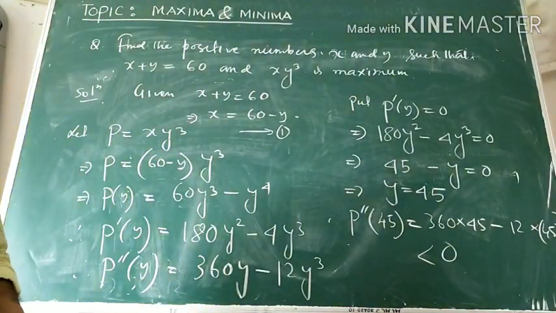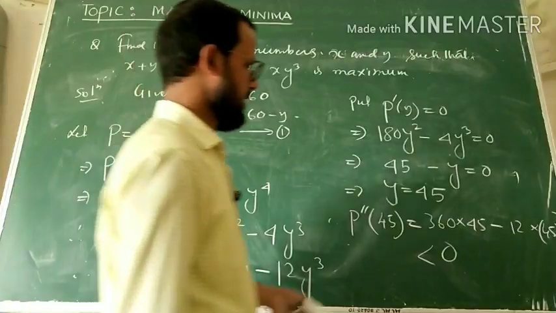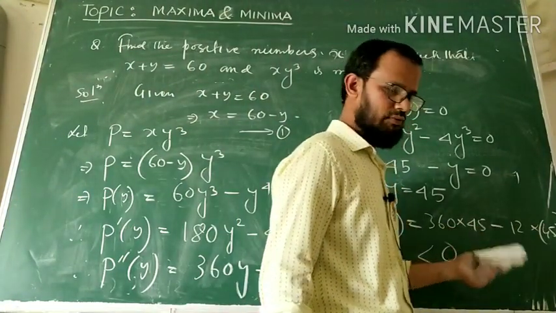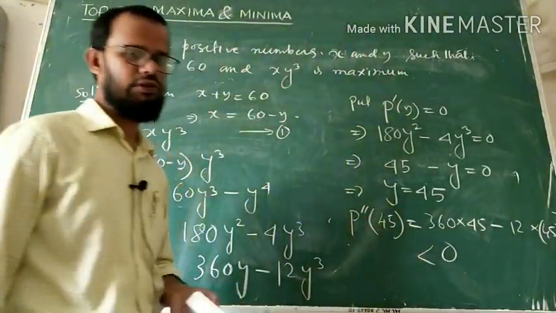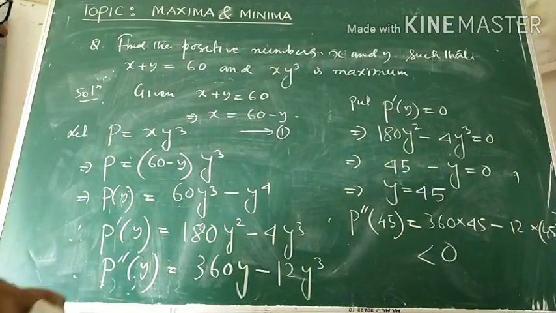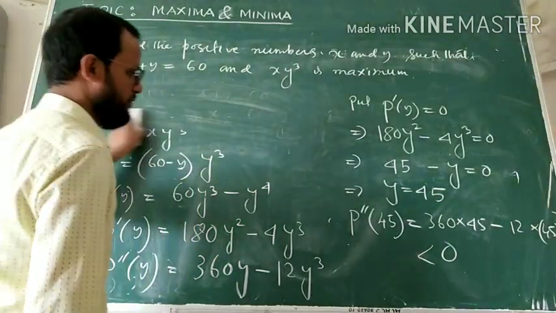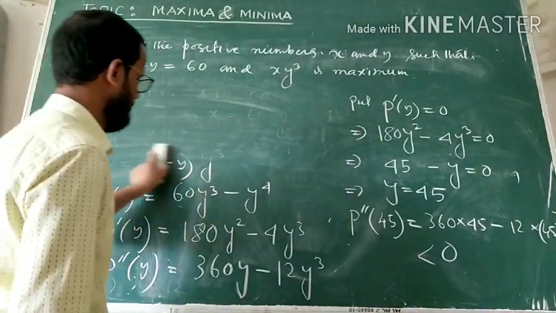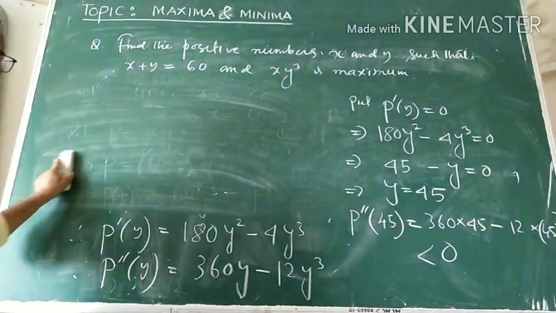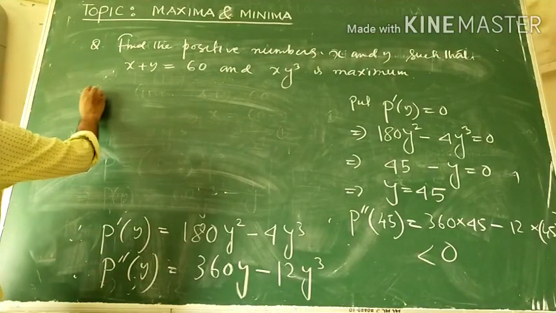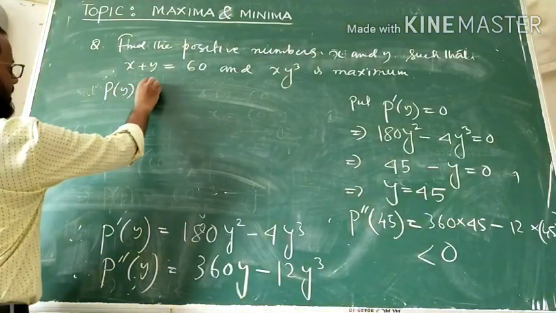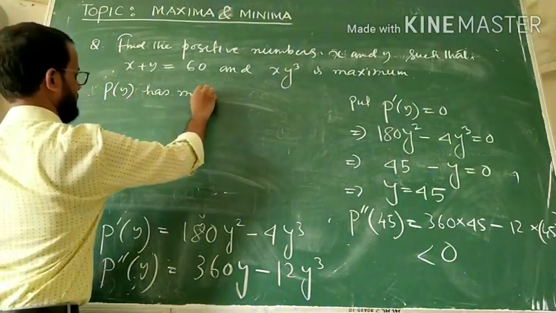You have to write less than 0. और आप 45 कॉमन ले सकते हो. 45 को कॉमन लिया करो और फिर कैलकुलेशन करो. ठीक है. So finally, y equal to 45 is a point of maxima. Or you can say that P(y) has a maximum value